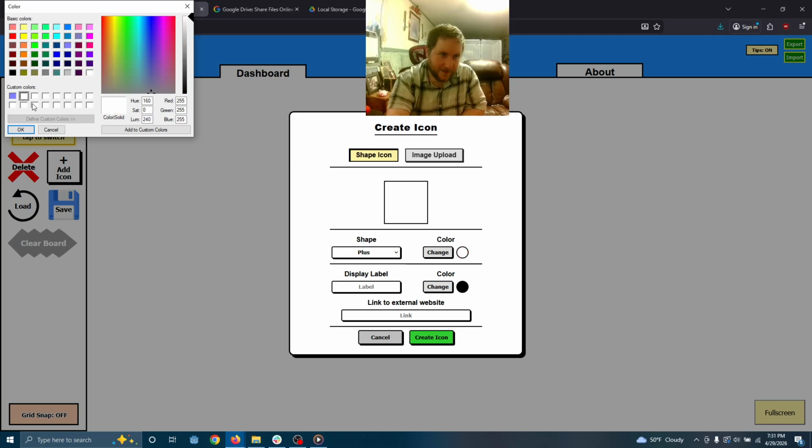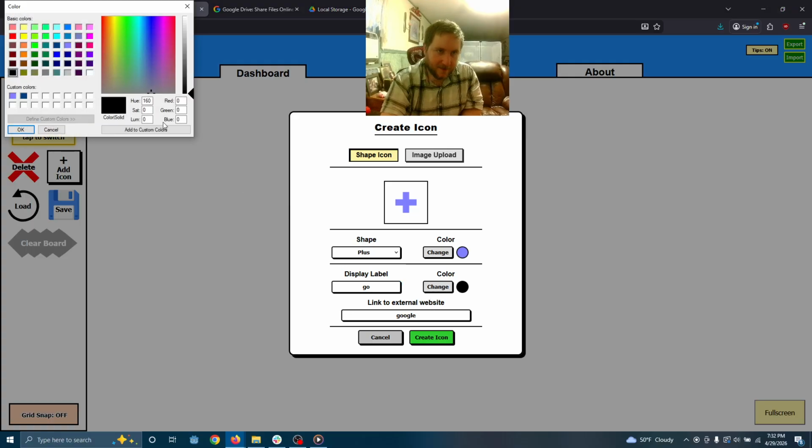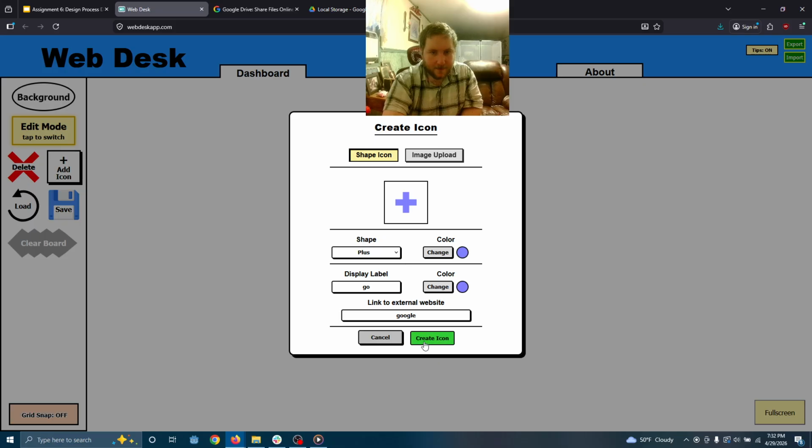Even in this, you can add a custom color. So now I can have a custom one, something like this. Display label under icon. Let's just do it simple: Google. And then you can add a link to google.com, but it automatically adds the beginning HTTPS to the link. And just to show you, I'm just going to say go. You can change the text color. I'm going to make this one the same as the other one because I saved the color. And now when I create the icon,